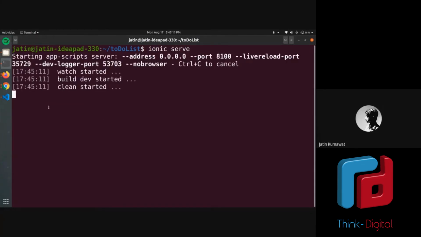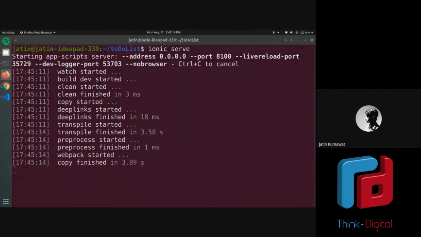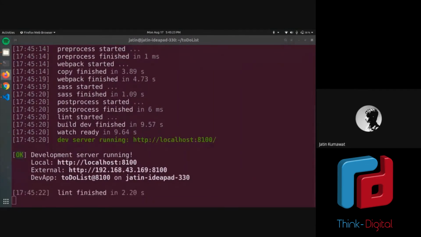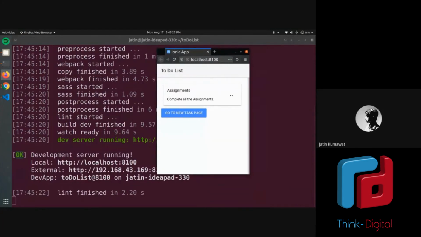I think I should close this window. And this is in my view. So if I click on this page, I should have these input fields.